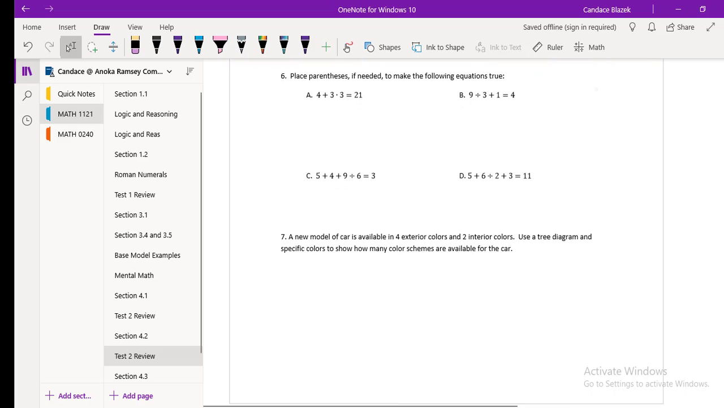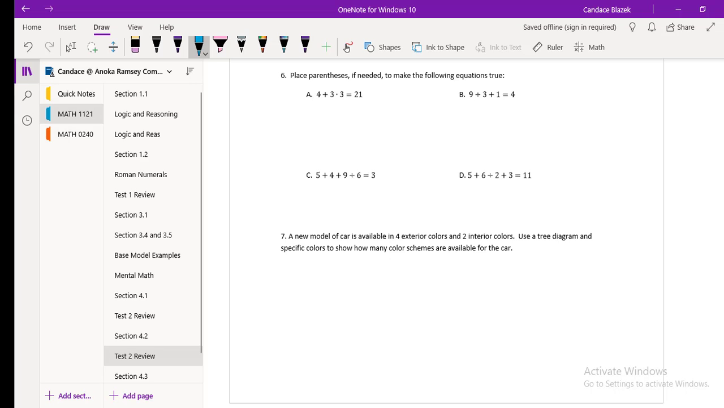Going on to number 6. Place parentheses if needed to make the following equations true. So I'm going to look at A. And with A, I have 4 plus 3 times 3. Now, if we were to use the order of operations the way that we're supposed to, we would do the 3 times 3, and that'd be 9 plus 4, and that would give us 13,